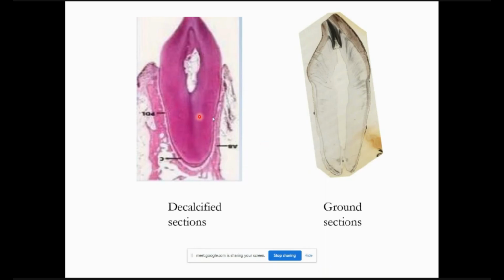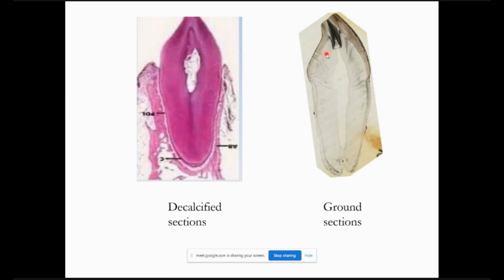So you need to understand, whenever I'm showing you a histological section, in some sections you see pink and blue, and in some sections you see black and white. The one which is decalcified is the one with the acid. You put the tooth in an acid to make it soft enough to cut in very thin sections. So it's going to remove a lot of mineralized structure. That's why you don't see any enamel in a decalcified section, because enamel is almost 98% mineral. But you will still see some dentin and cementum and other tissue structures.